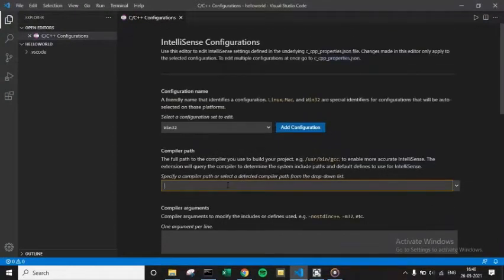The compiler path is going to be C:/Cygwin64/bin/gcc.exe. Sometimes it will also find the compiler path for you. See, it's already there.